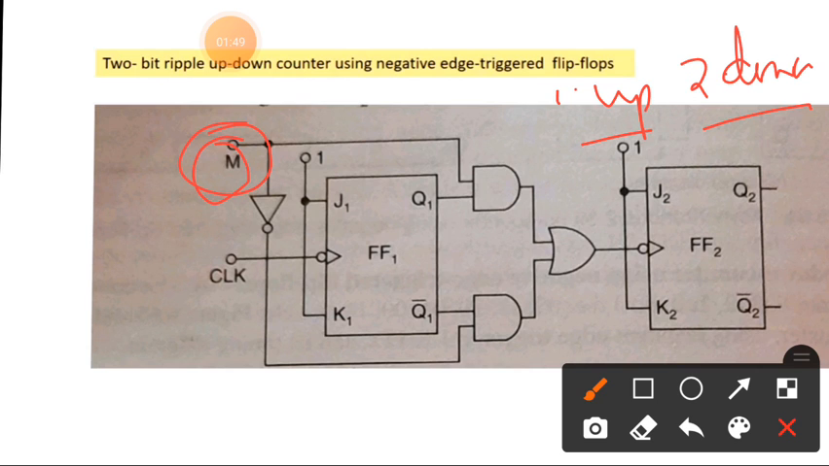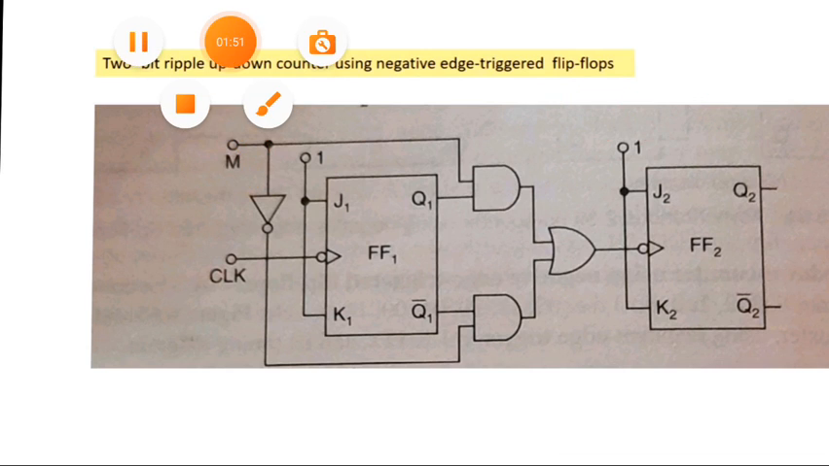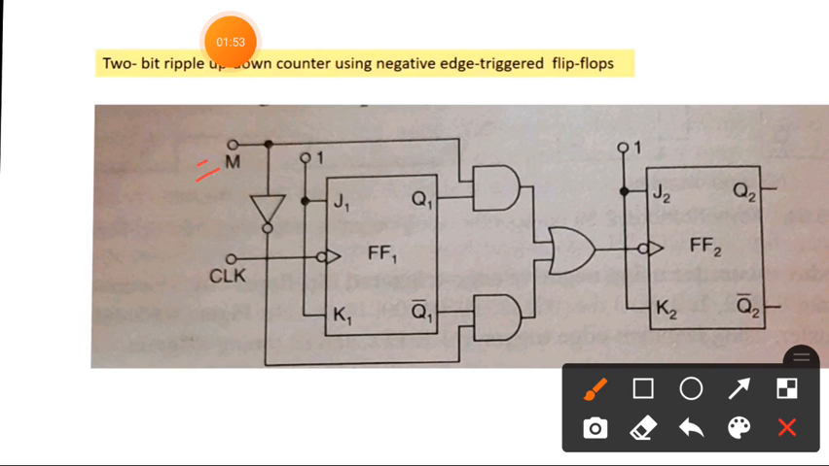M is a one-bit value, so it is either 1 or 0. What happens if M is equal to 1? When M is equal to 1, it is up counting. Here M is equal to 1, and then Q1 is transmitted to the clock input of the